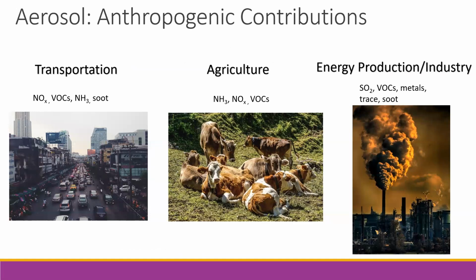And of course, there are anthropogenic contributions to aerosols as well. You can directly get aerosols emitted through the burning of fossil fuels for transportation and energy production that can create things like soot and sulfate aerosols, and they can also contain toxic trace metals that are also very unhealthy to breathe in. And then, of course, they can also release important precursor gases. And agriculture actually has a very significant role to play, especially with its emissions of ammonia.